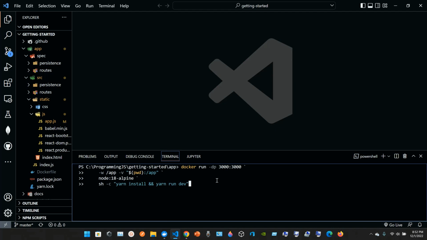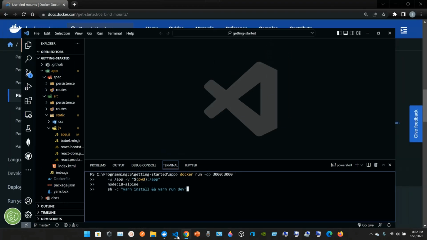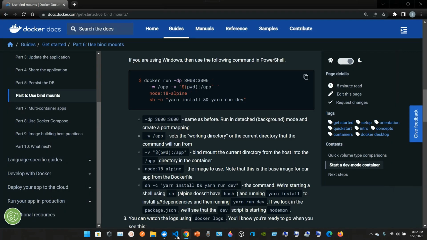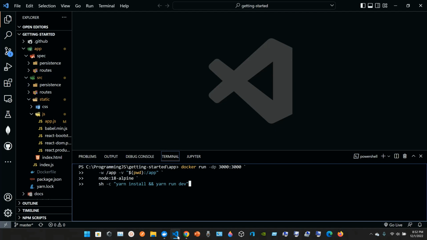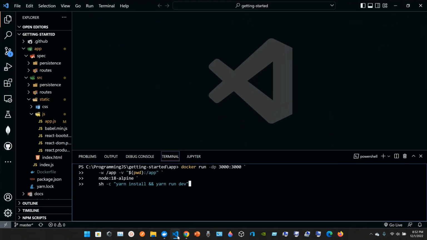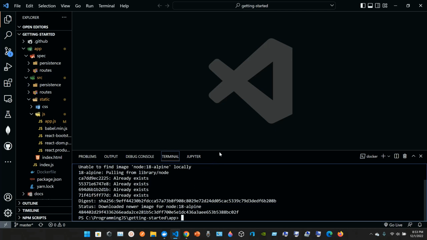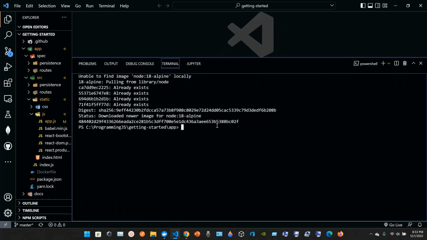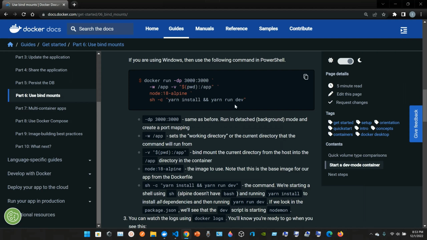Okay, we press enter. Unable to find the image. Okay, it's getting it. Alright, I got it. I should have typed it instead of just pasting it, but well,